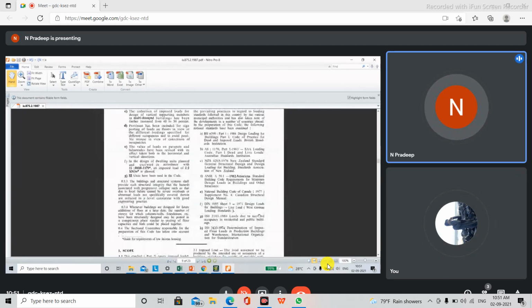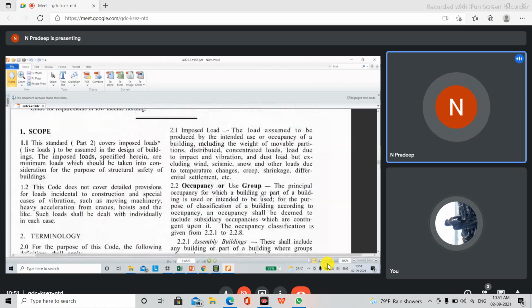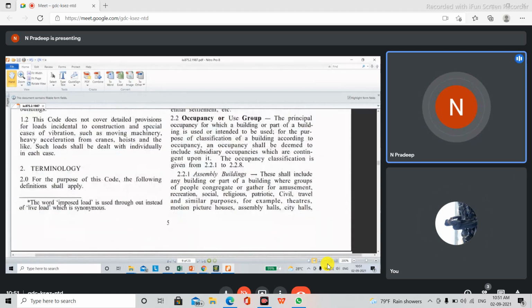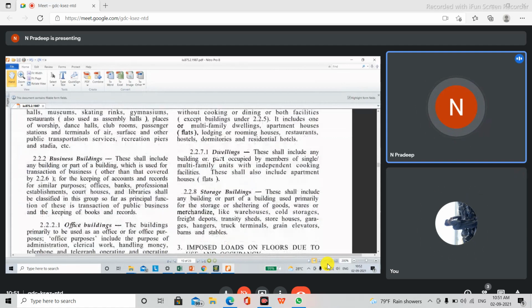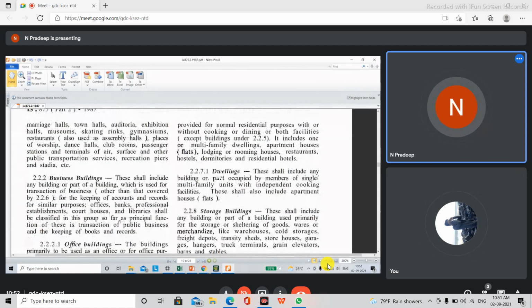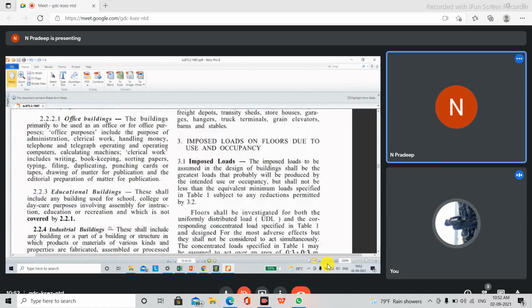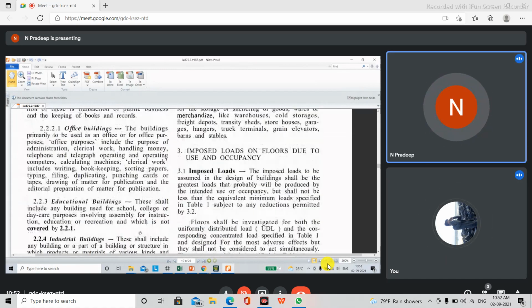You can see the definition for occupancy here: the principal occupancy for which a building or a part of a building is used or intended to be used. Based on the occupancy, they classify the building as assembly building, business building, dwellings, storage buildings, and so on. Right now, you're in a residential building, so in that residential building, you can see